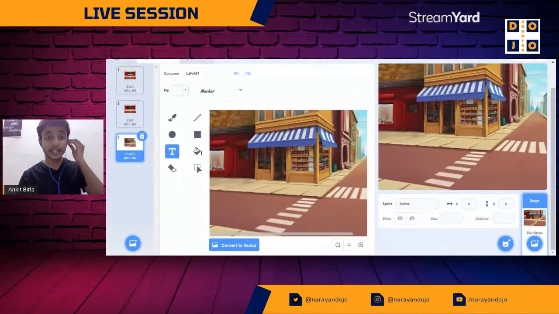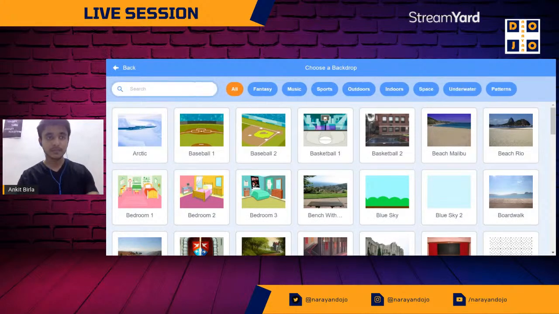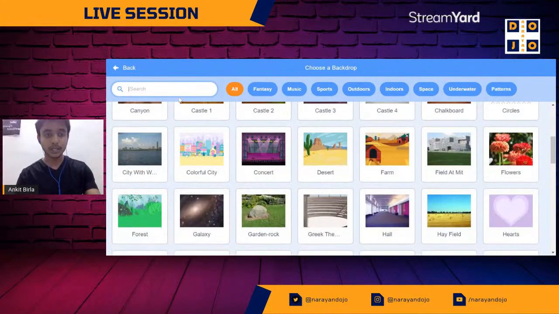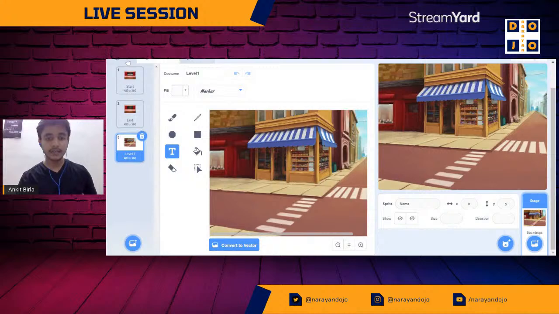Okay, so we are done by adding the label background. If you missed how you can add the label background, just click on this icon, click on the search bar, and if you want to find it, you can find it by scrolling or just search urban. Just by clicking on this one, you can add the background. Now come again on the slide,